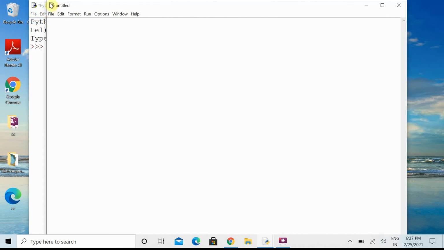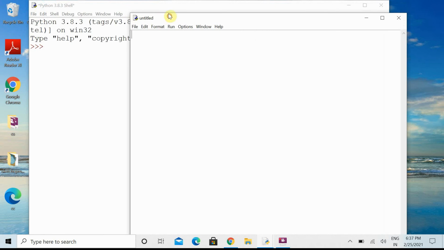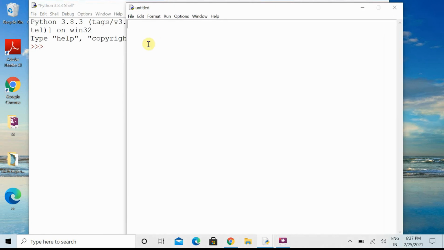We have learned how we can use the print function and what are the different ways in a previous video also. Here, suppose I have written something, this is my file, and after that I have written something, is hello world. Suppose in our programming environment there are different ways that we have discussed in the previous video.